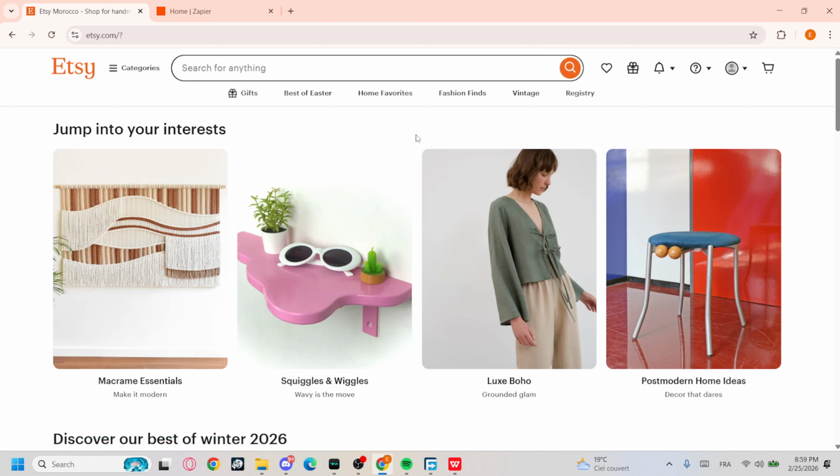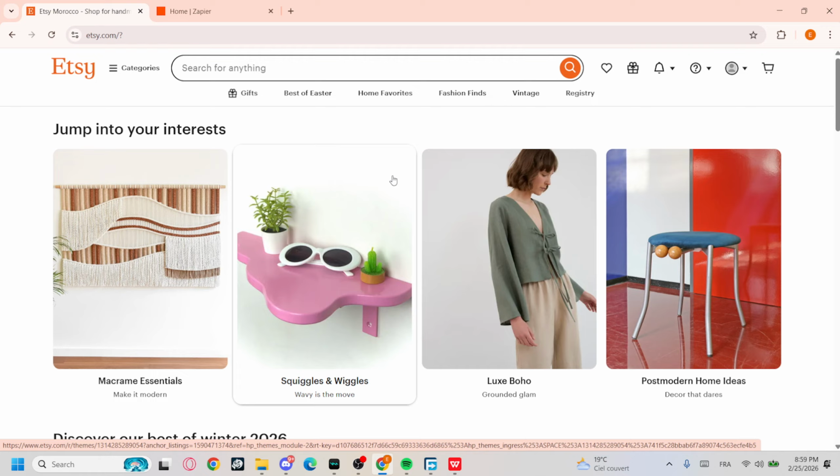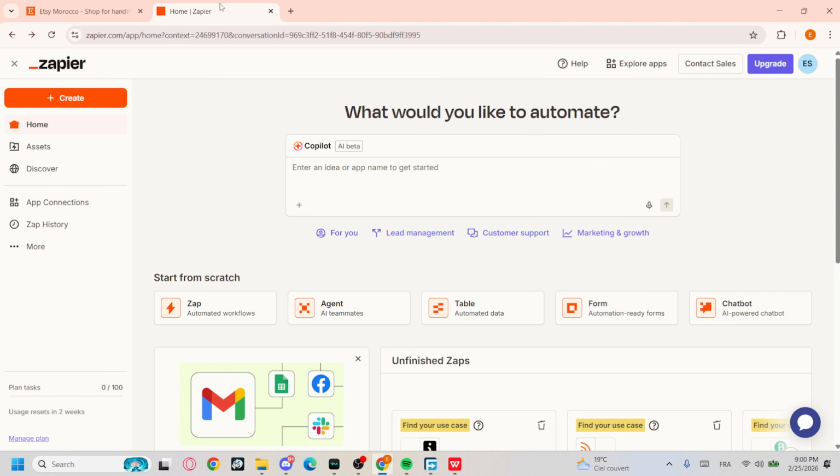In today's video I'm going to show you how to connect Etsy to Instagram. Connecting Etsy to Instagram helps you drive traffic and sales from Instagram to your Etsy shop as well. You will need to know that there is no automatic one-click integration, but you can go with Zapier right